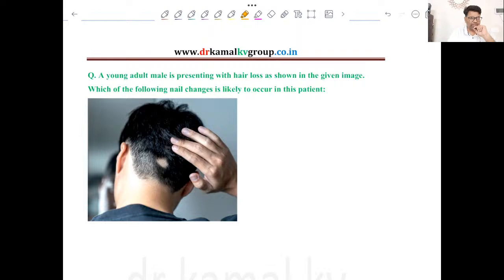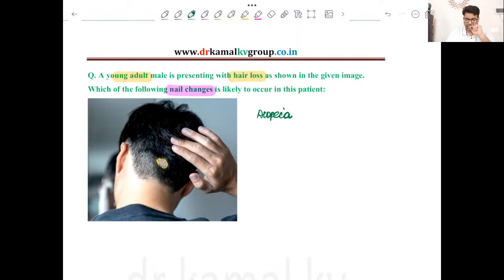Now here it is again a twisted question, and you have to first reach the diagnosis, then think of the other part of the question. So here a young male is presenting with hair loss as shown in the image. Now what kind of nail changes will you expect in such a case? If you look at the picture, there is only a small area with total hair loss. Such hair loss which occurs only in a limited area is known as